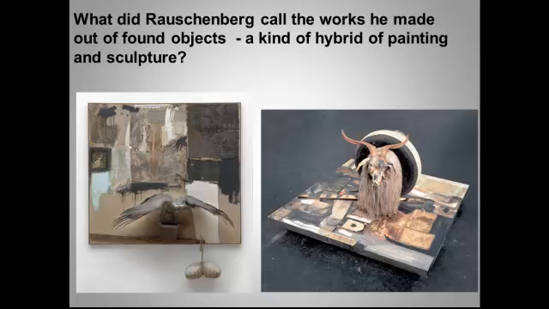Okay, Rauschenberg is popular, and particularly this image on the right, but actually both of these images, I believe, have shown up on AP exams before. So he made these works that were a hybrid of painting and sculpture out of found objects. So you have a stuffed goat with a tire around it, for example. And he had a very specific name that he gave this kind of hybrid, and it's a question that shows up pretty frequently on the test.